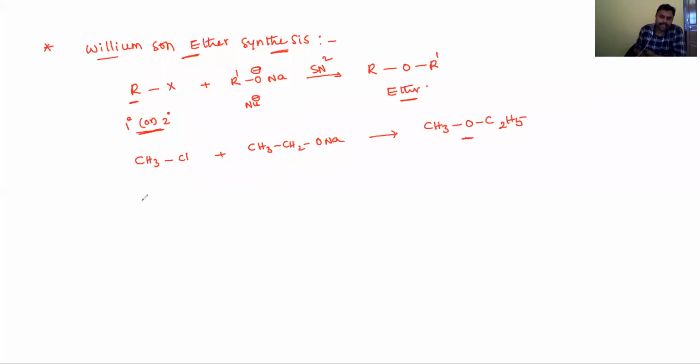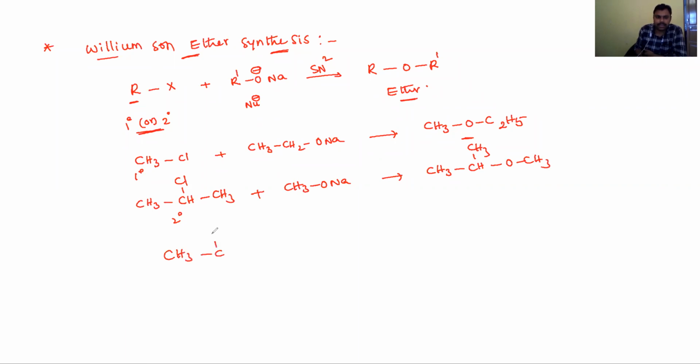Okay. Next one is CH3CHCl-CH3 reacts with CH3ONa, and the corresponding ether is CH3CH(OCH3)CH3. For example, this one is primary and that one is secondary. Instead of these, if you use a tertiary alkyl halide,